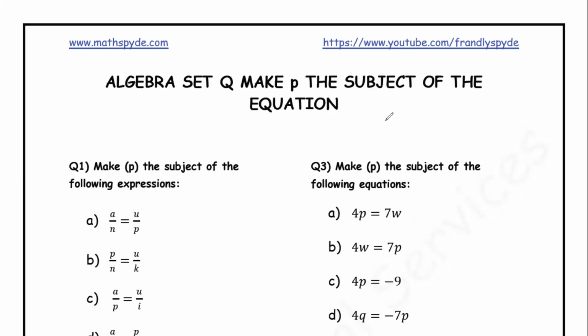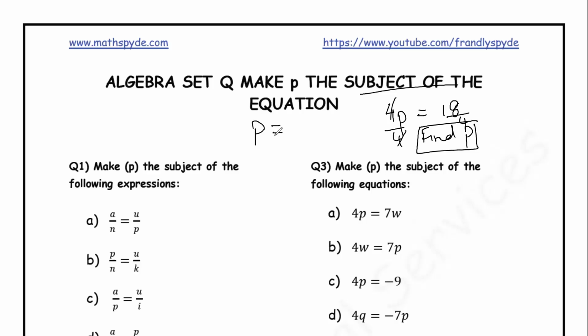Okay, we have algebra set Q, make P the subject of the equation. Well, it just simply means if you've got something like 4P is equal to 18, and you were to find P, then what you would do is divide by 4 on both sides, correct? By doing that, you have separated all the numbers, the coefficients of P. You've got rid of the coefficients of P